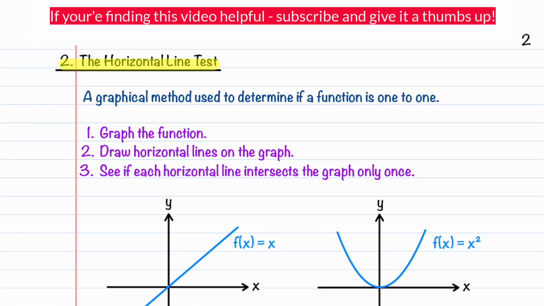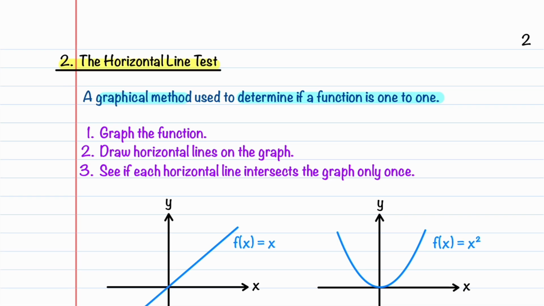Let's now talk about the horizontal line test. The horizontal line test is just a graphical method used to determine if a function is one-to-one. It's not very hard to learn. Here's what you have to do. To use the horizontal line test to determine if a function is one-to-one, you first need to graph the function,